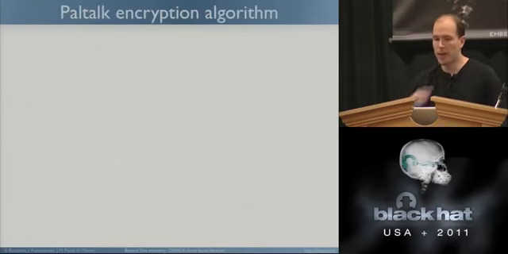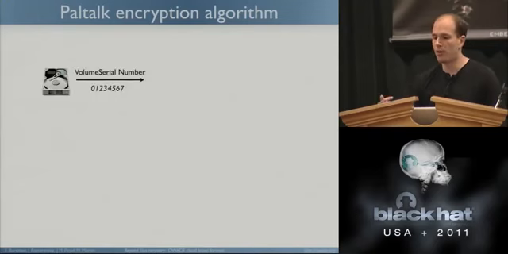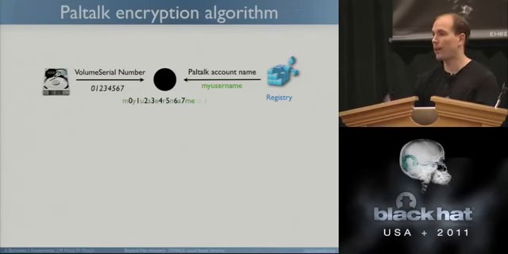What they do is they take the volume serial number from your disk. So you have to get the disk physically, not the image, and look for it. And then they take your account name and mix it by doing one character and one another and one another, and they repeat this 3 times. And that's going to be a substitution box.